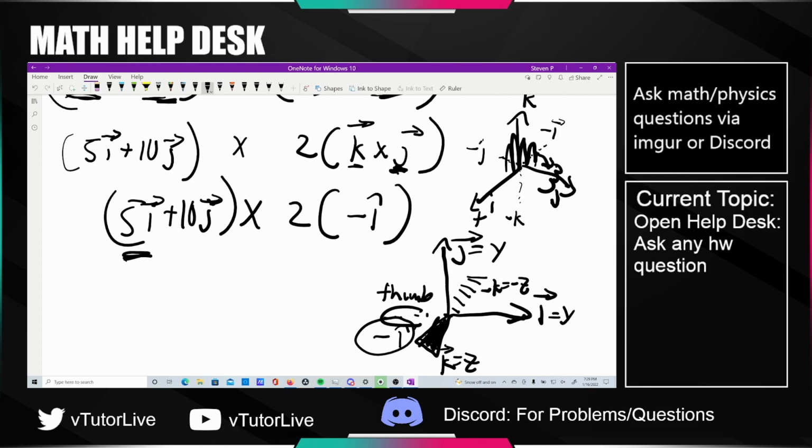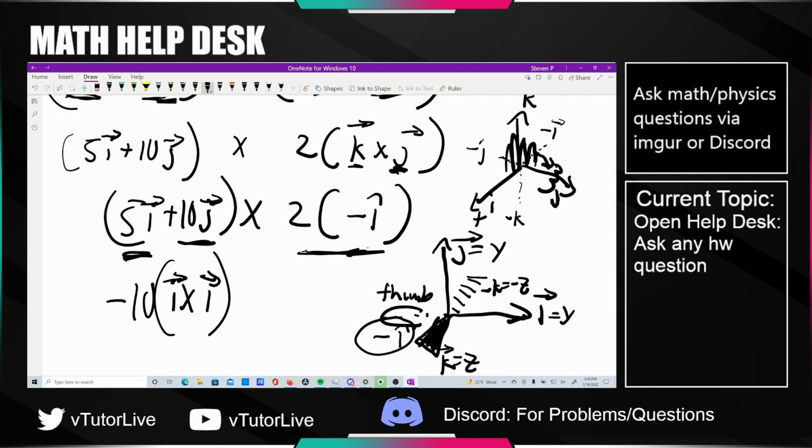So 5i times negative 2i, essentially. What does that give us? Negative 10i times i. Sorry, I used the word "times"; I should have said cross to be explicit. My bad. We're going to be able to do some simplification with this later, but let's hold off on that and just say, what does